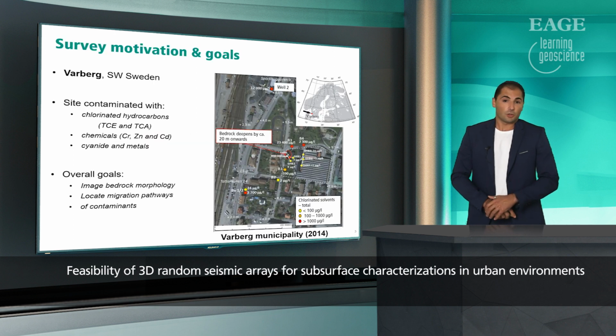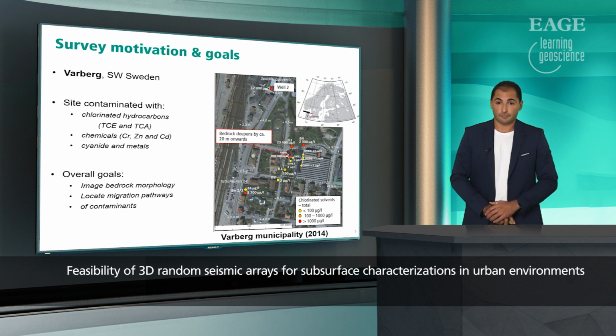The survey area is located in Varberg city in southwestern Sweden, where a 2-track high-speed underground railroad and a train station are planned to be excavated. Along the 2 locations of the planned tunnel track, soil samples taken prior to the excavation process have shown high concentrations of various contaminants such as chlorinated hydrocarbons, different kinds of chemicals, metals, etc. The contaminants are related to the historical works of the chemical cleaning and precision mechanics industry operating at the site